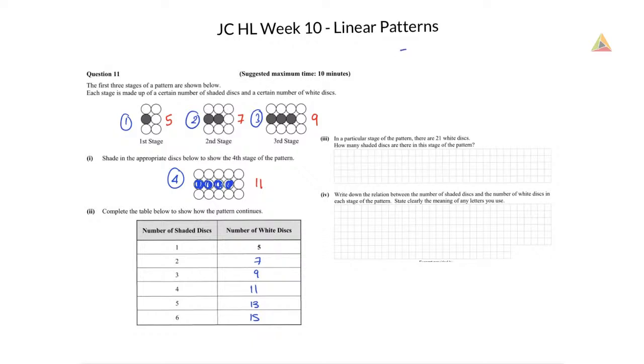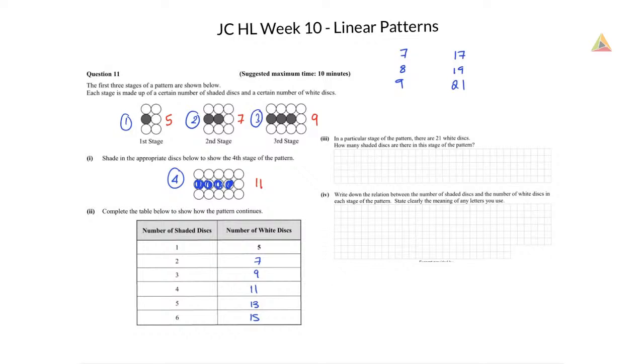So if we had 7 shaded discs, so I'm continuing on from here, this would go up 2, so it would go up to 17. If we had 8 shaded discs, it would go up to 19, adding 2. If we had 9 shaded discs, it would go up to 21 white discs, and that's what you were asked